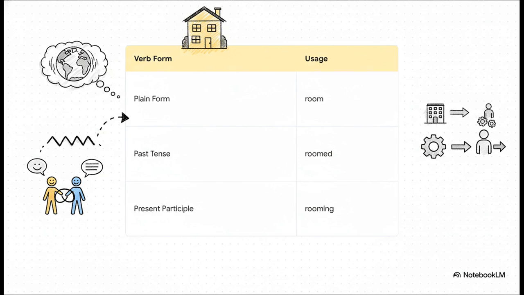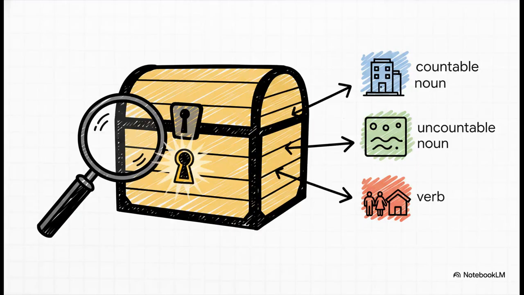And it doesn't even stop there. Believe it or not, room can even be an action, a verb. I mean, look at this table. You can room with someone, which just means you share a space. The example they give is perfect. I roomed with Ryan all four years of college. So let's recap. We've got a place, a concept, and an action, all from the same four little letters. Wild, right? A countable noun, an uncountable noun, and a verb. All of that packed into one tiny word.